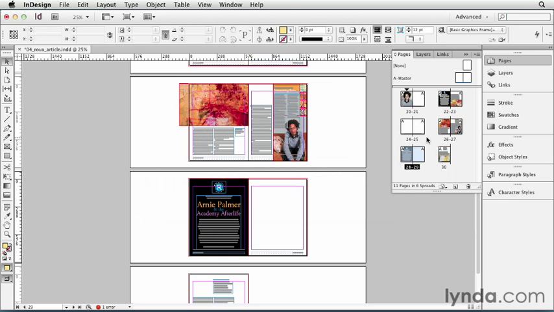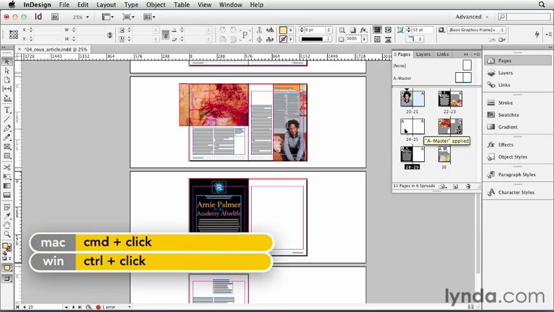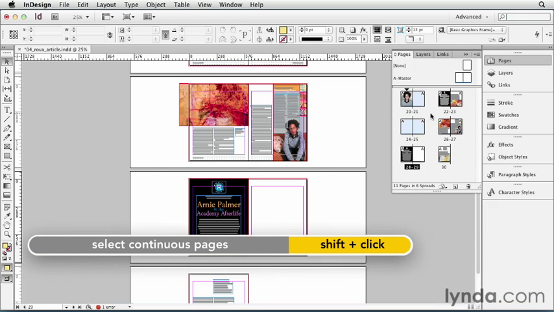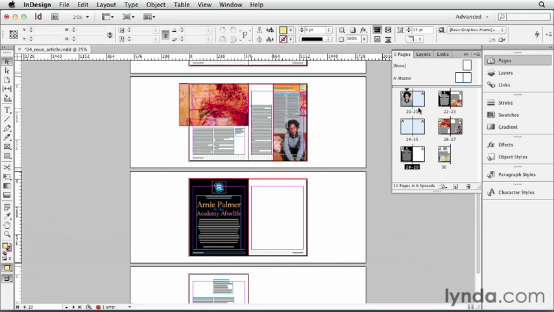Finally, sometimes you find you need to delete pages, and you can do that in the Pages panel too. I'll select this second page of the document, and I want to grab these other blank pages I have, so I'm going to hold down the Command key or the Control key and click on them. The Command or Control click means select discontiguous pages. That means pages that are not next to each other. If you hold down the Shift key, you can actually select contiguous pages, a range of pages. For example, I'll select page 20, and then I'll shift-click on page 29, and I'll get all of the pages in between. But in this case, I don't want that, so let me click out here where there's no pages,